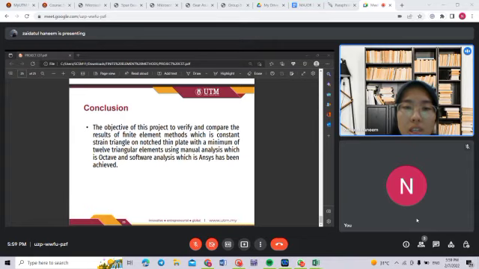It shows that the results of the optimal number of elements, which is 59 elements, where the sides of each triangle element are 80 mm, are more accurate than the 14 elements, where the sides of each triangle element are 160 mm. Lastly, we compare the value of stress concentration between theoretical and calculated using the formula of stress concentration